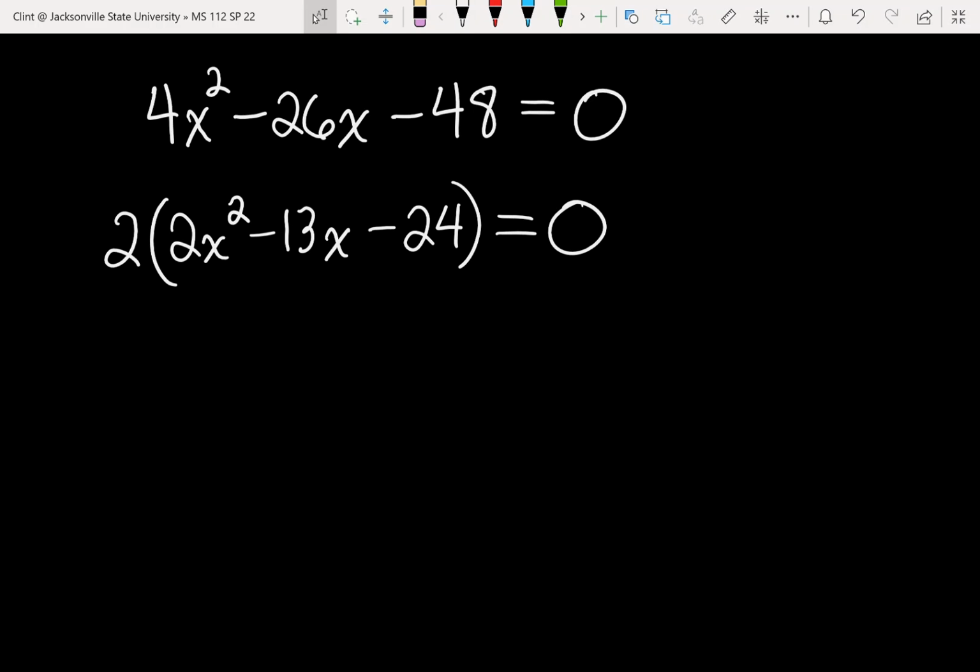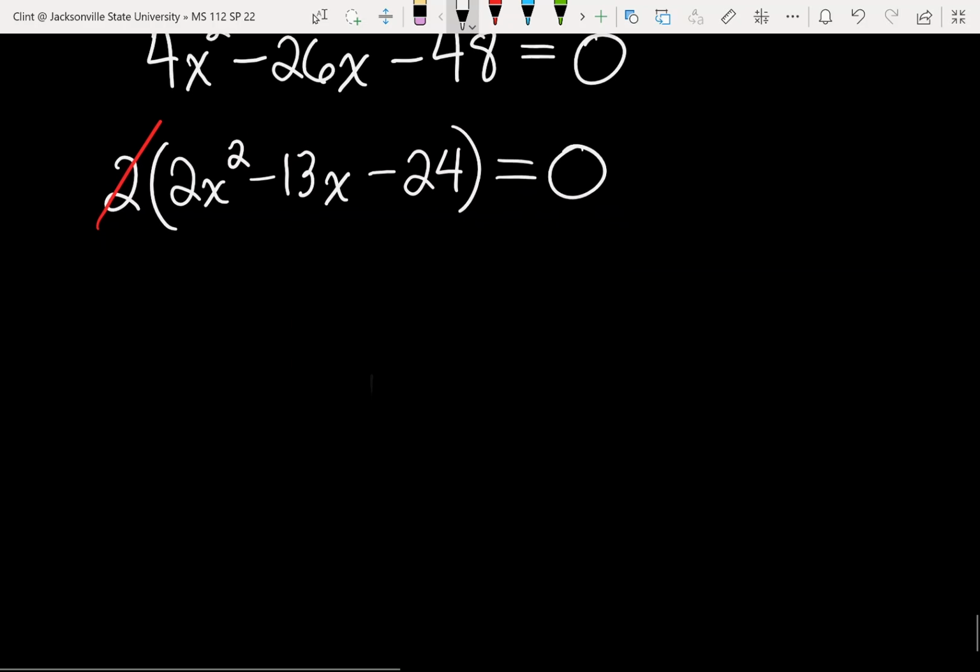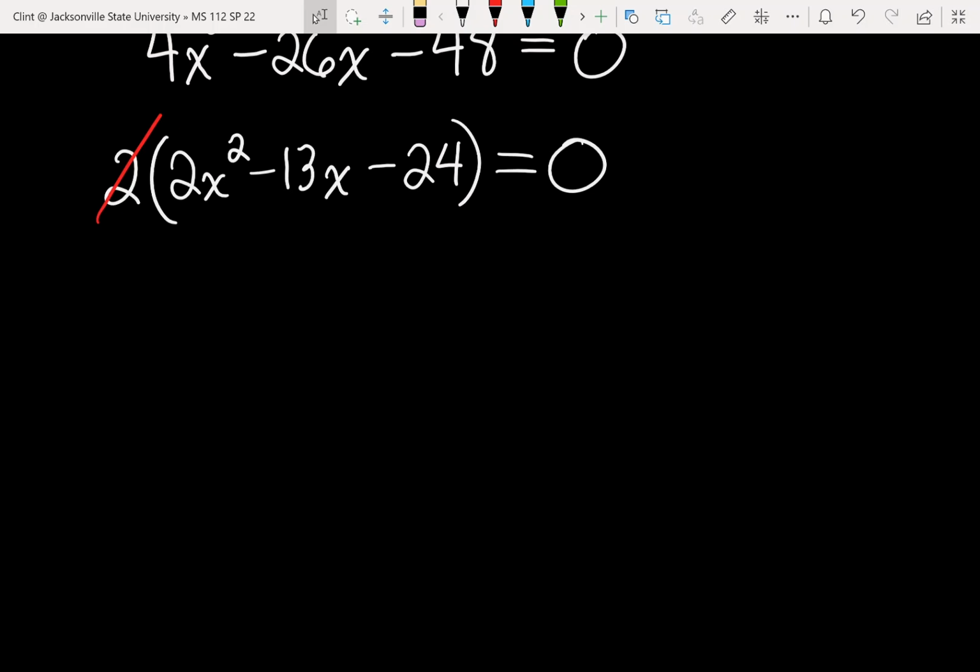And then, however you want to think about it, divide both sides by 2. Okay, the 2's gone. Then if you really want to, we can do quadratic formula there. Or you can try to factor. Let's see. A little bit tough on factoring. We can do it. Not horrible, but